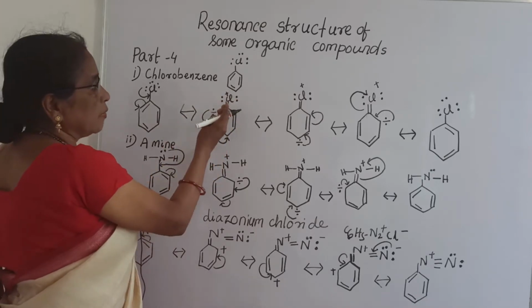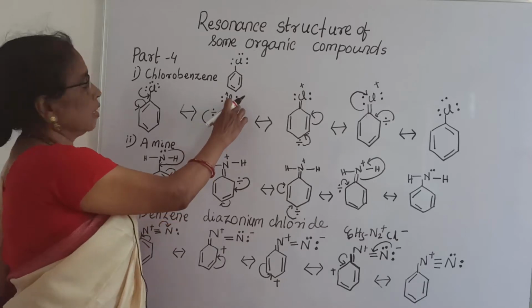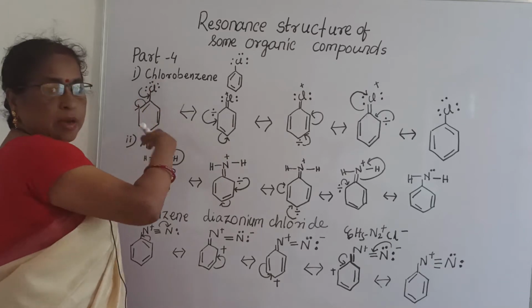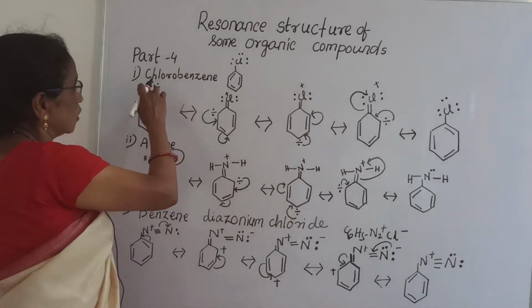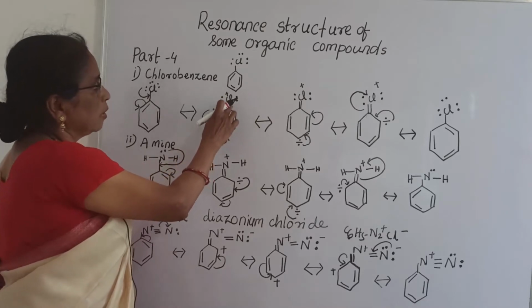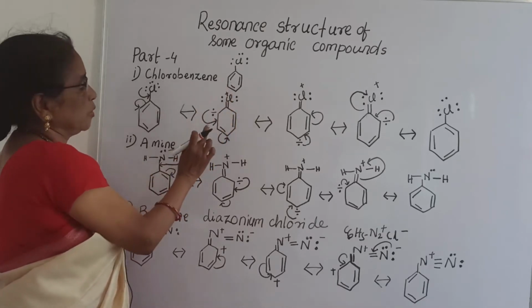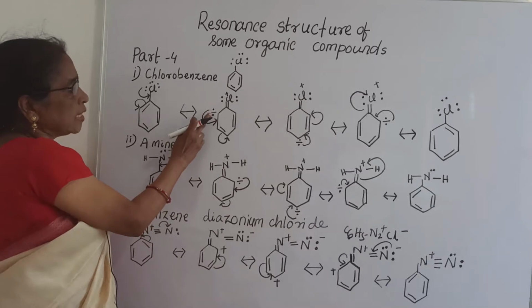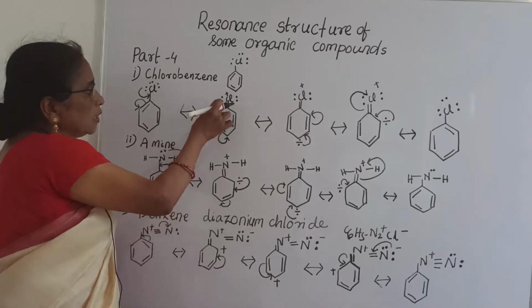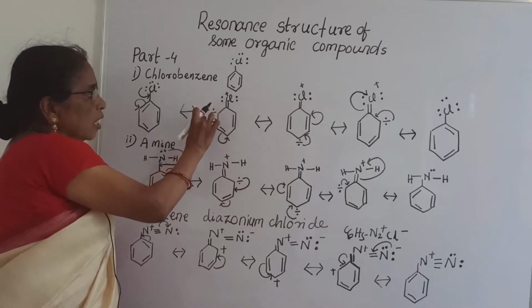And how many pairs of electrons here? 2 pairs of electrons, and here 3 pairs of electrons. Since 1 pair of electrons is delocalized to this bond, that is why it acquires a double bond having chlorine positive charge. And now since it is a pair of electrons with negative sign,